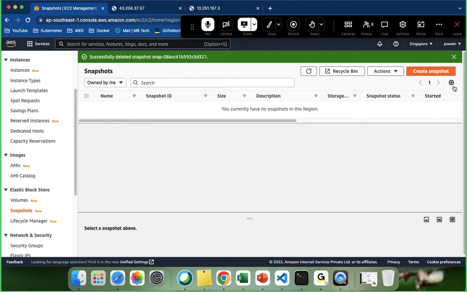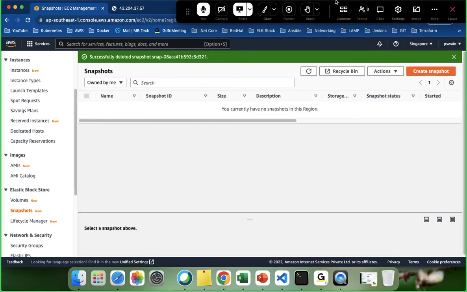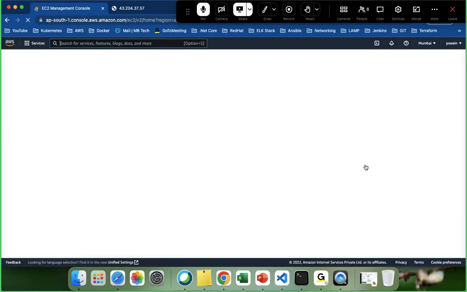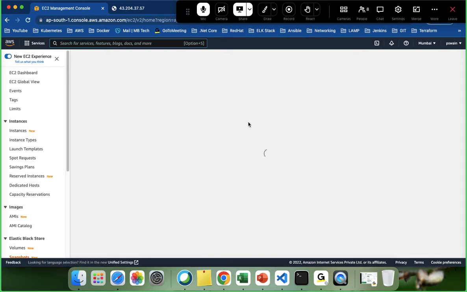Now the Singapore region is clear. Okay, now let me go ahead and change the region and clear out everything from Mumbai. So I'll clear it like that. If you have any doubt, we can discuss now, or else what we covered today,